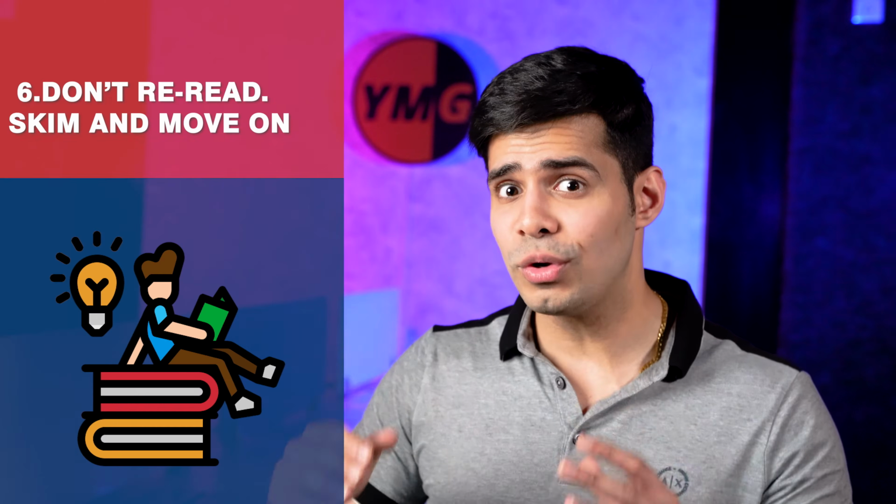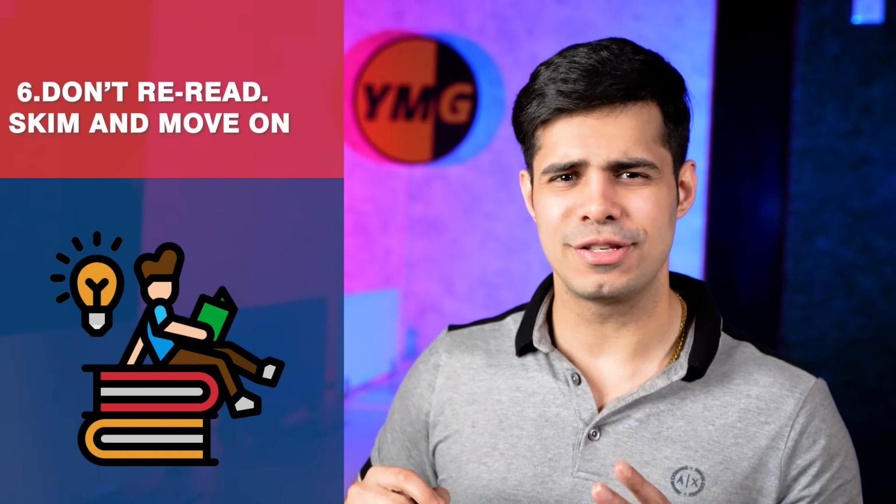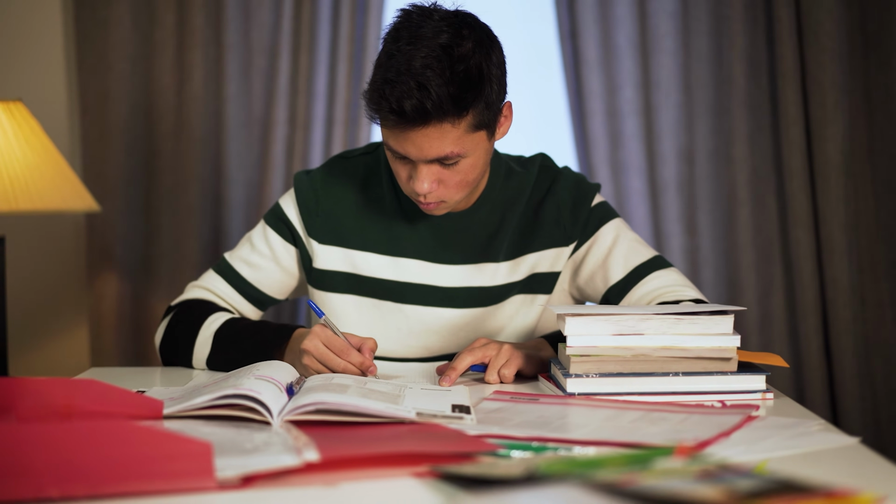Point number 6, don't reread the passage. If you're new to the IELTS or if you really don't know how to go about the reading section, you would be making this mistake. You read it again and again and again. What you want to do is